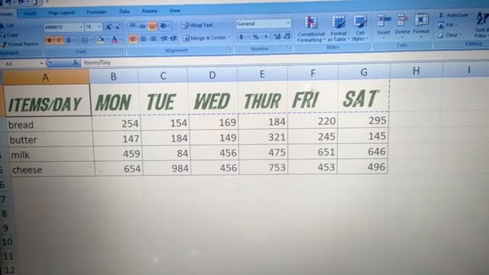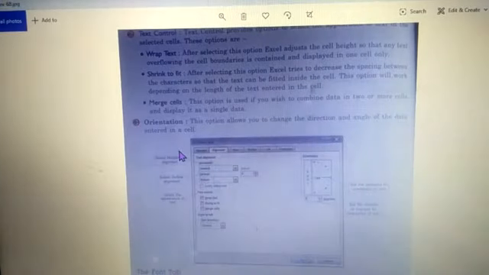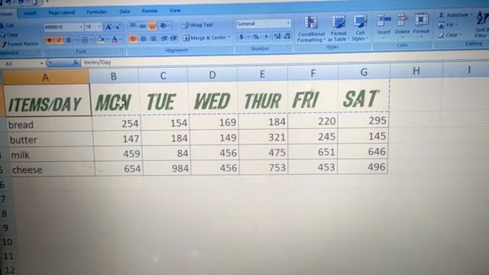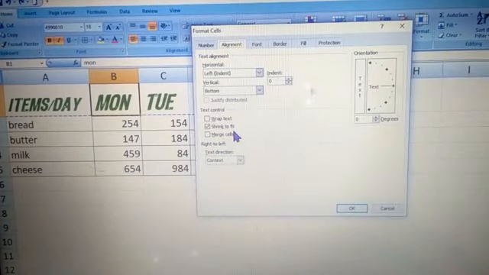Now children, the last option is orientation. See here, orientation means the angle at which you want your text to be. So when you're doing this, children, select any cell first, then go to format cells, and select the direction, the orientation, which angle you want, and for that you can change the degrees from here.